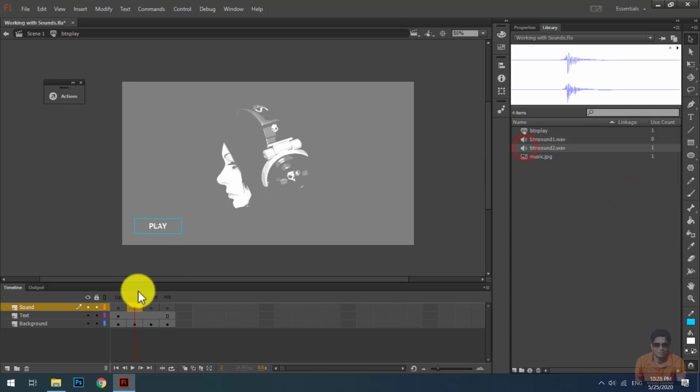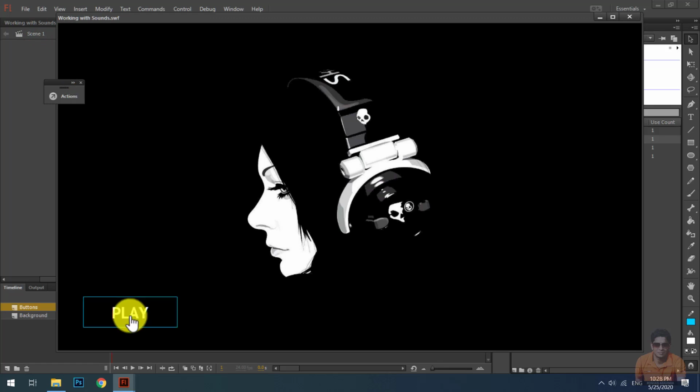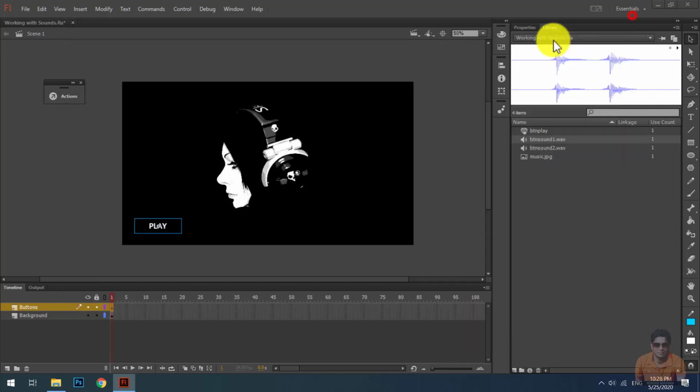So I'm going to add separate keyframes to the up, over, down and hit stages, and drag and drop my sound clips into the over and down stages in this button.